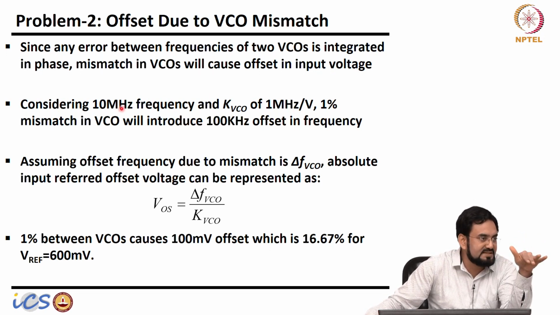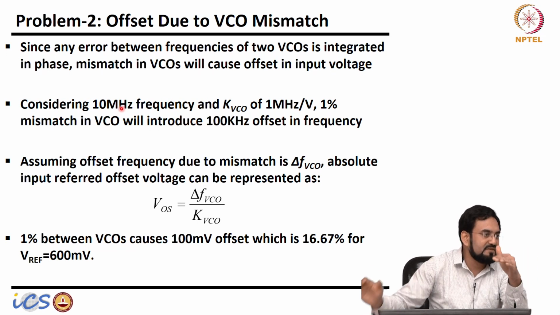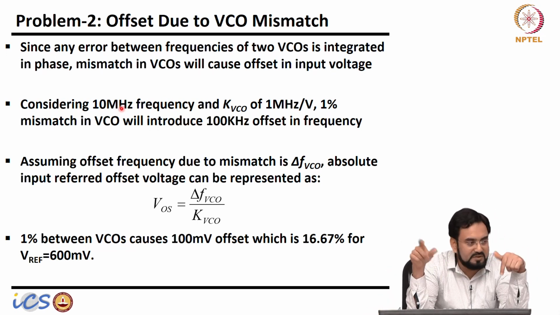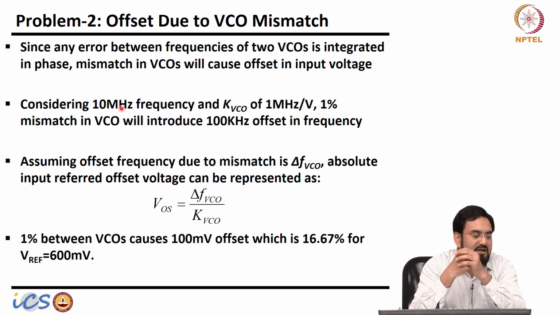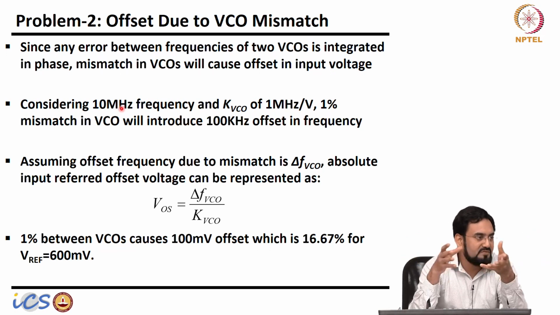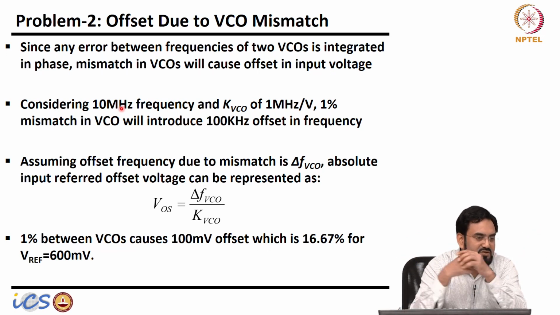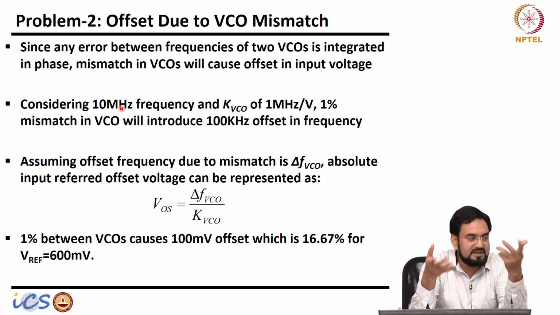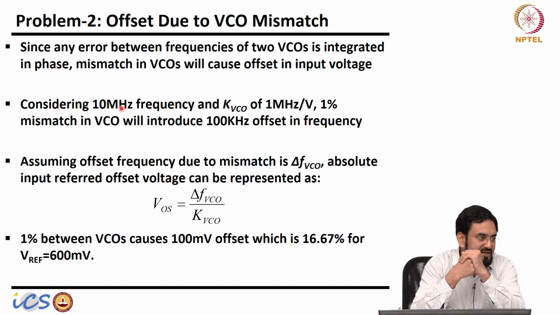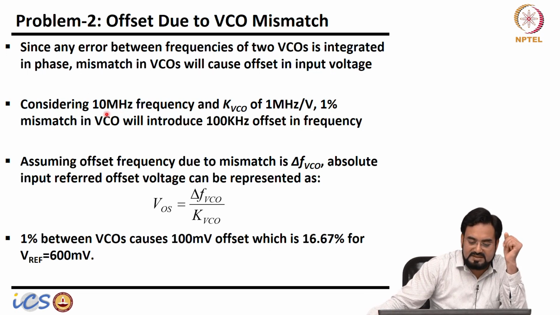Means when in the steady state, when VFB equals Vref, both the VCOs will have the same current. Depending upon the bias current you have in that GM, which is like a V to I converter, half of the current will flow in both. That will define your free running frequency. So, let us say 10 megahertz free running frequency.